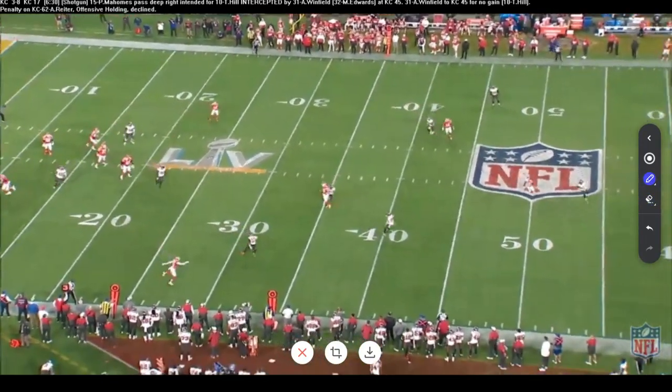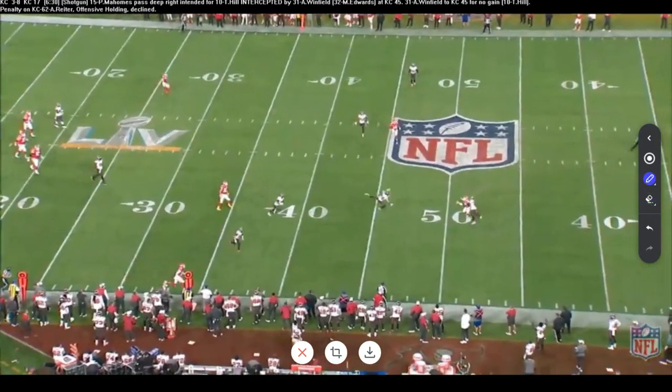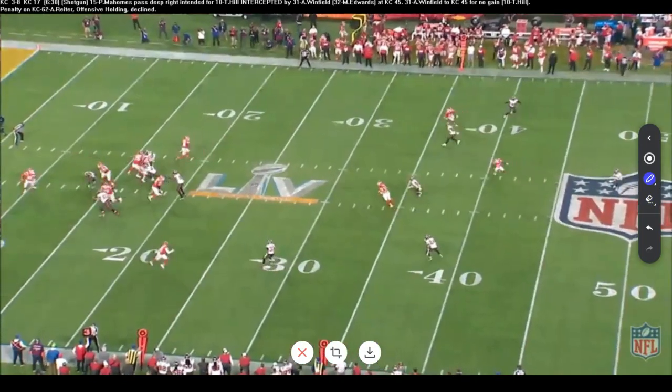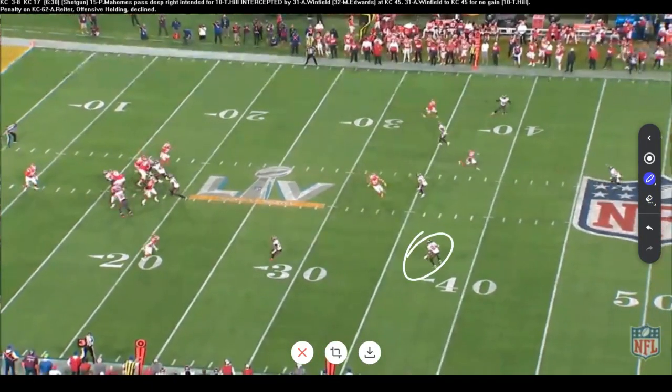He throws it falling away. He's taken Tyreek Hill all the way over here. Now the safety has a chance to break on it because it's late. Now he gets around. He tips it. This becomes an interception on a play that, right here, reading this guy,